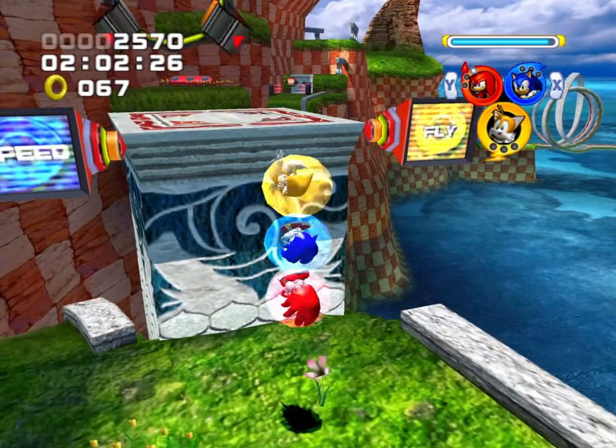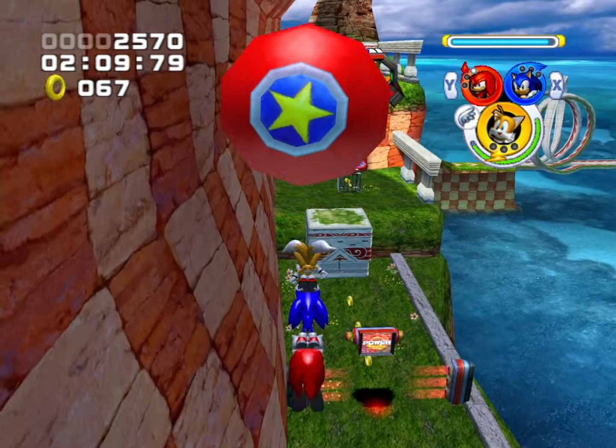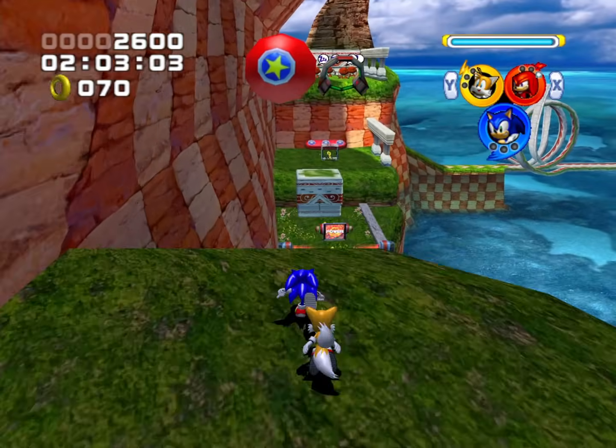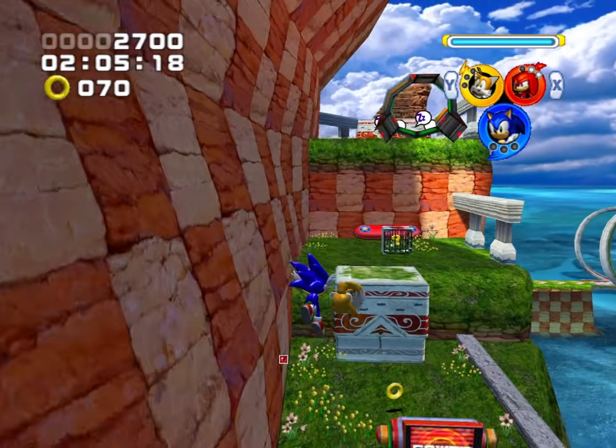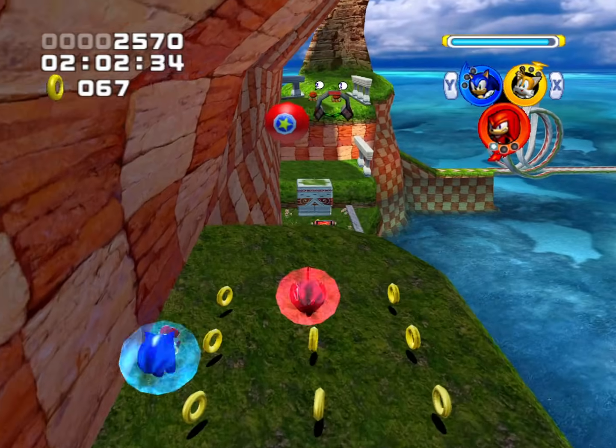Take here for instance, it suggests that you use Tails to reach the dash ring and subsequently fly over to the balloon, but you can actually reach this dash ring with Sonic and blast over to the balloon without flying if you'd like. This kind of custom gameplay adds a lot of flavor to these levels, also adding on to the